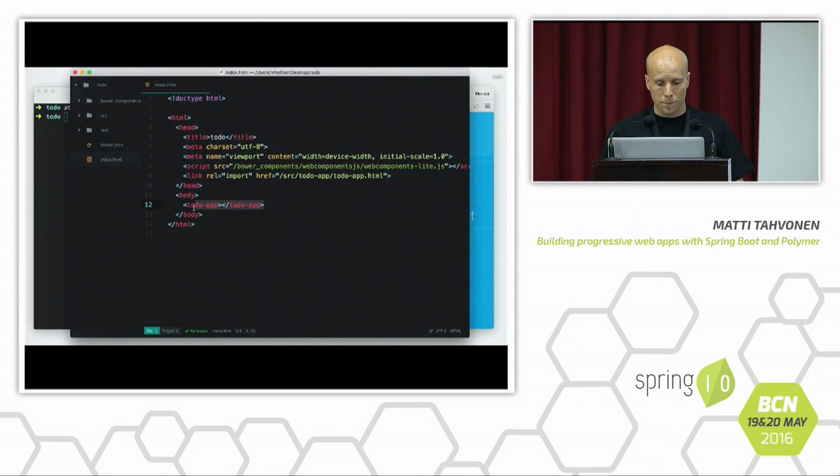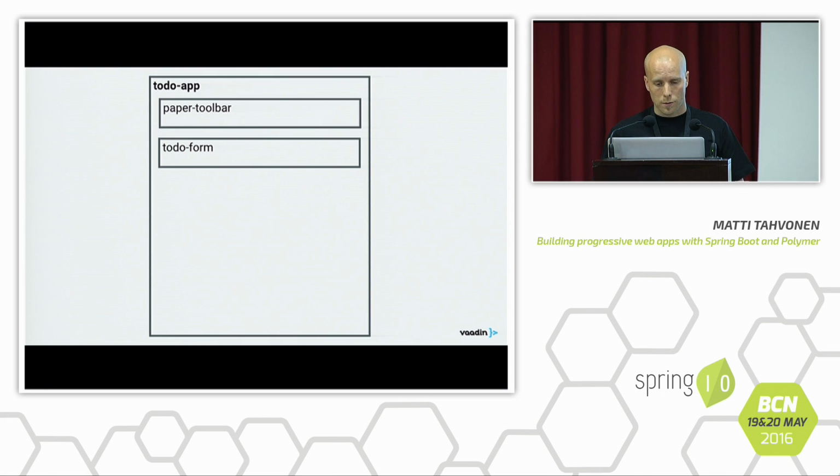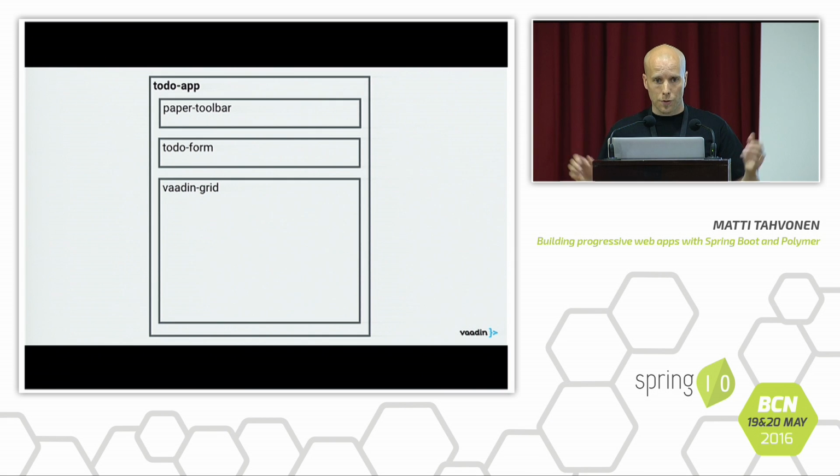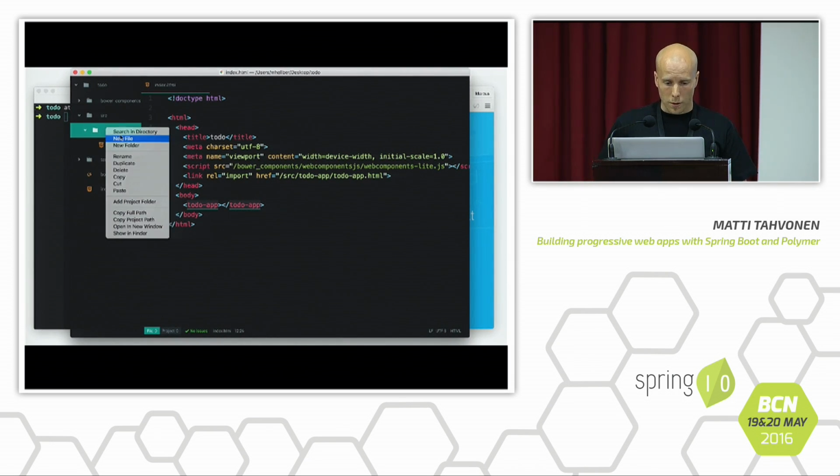You get an application shell here. There are no custom components, nothing there yet, but we will create some components by ourselves, and then use some from Vaadin elements and Polymer paper elements. So we will create a to-do application. We will have a toolbar there, practically nothing functional, just the name of the application, then a form to edit these to-dos and add new to-dos. And then we will use Vaadin grid, which is like an HTML table on steroids, and you can use that with Polymer. And let's first create the actual form, which we will need in this